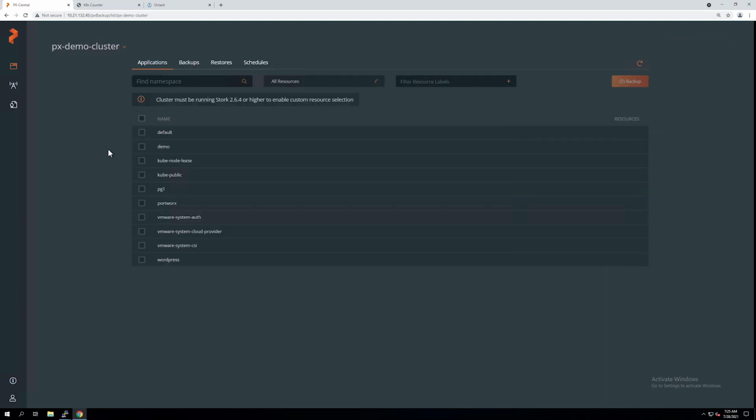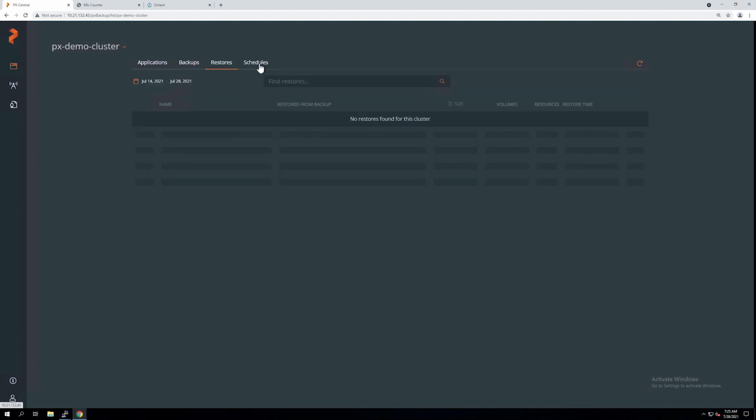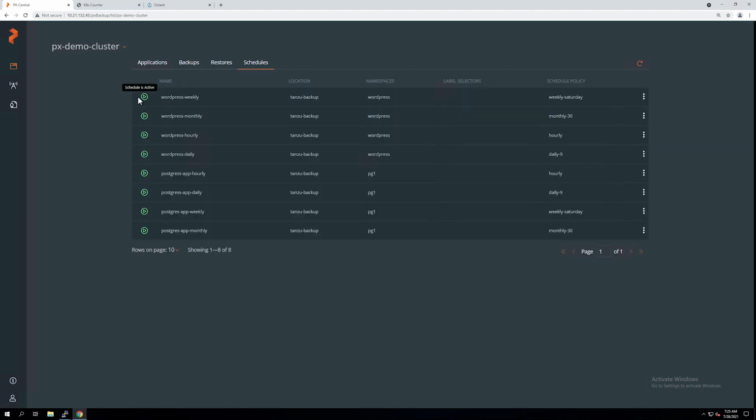If you look at the on-prem cluster, you see that I already have a few backup jobs in place, and you can use the backup activity timeline to monitor whether my backup jobs are succeeding or not. This is that one dashboard where you can come back and look back up to 30 days on how your backups are performing. And you can also monitor all your restores and all your backup schedules from this one single UI for this TKGS cluster.